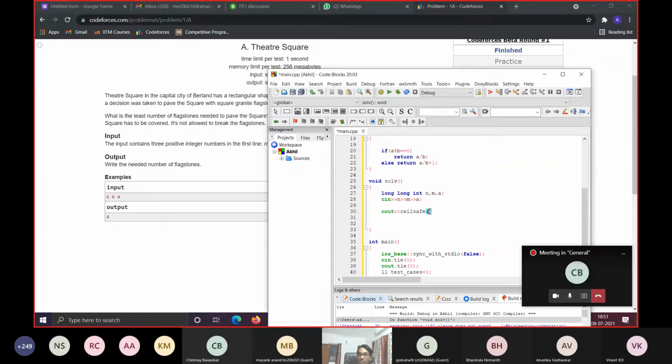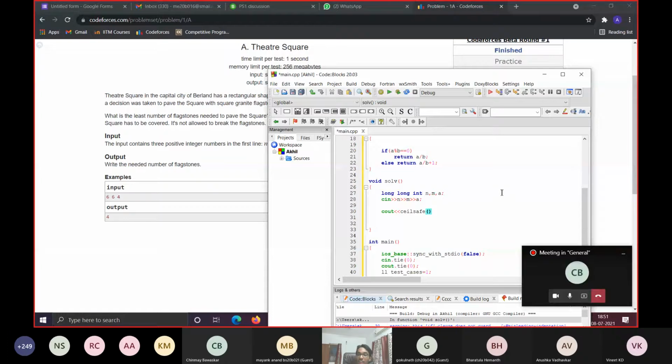So how do I generalize this for any condition? Say if you have 7 as one of the side lengths and 3 is the value of a. So you need 3 tiles. So 3 plus 3 is 6, which is still leaving out that 1 unit gap. But if you add another 3 tiles, it becomes 9, which is greater than 7. Okay, so that will cover your side. So which is basically similar to what he said.